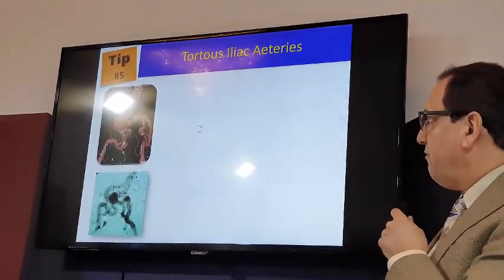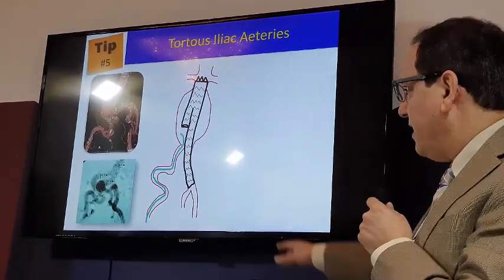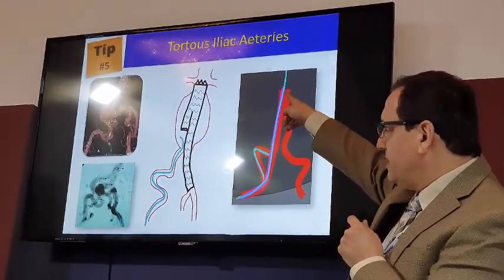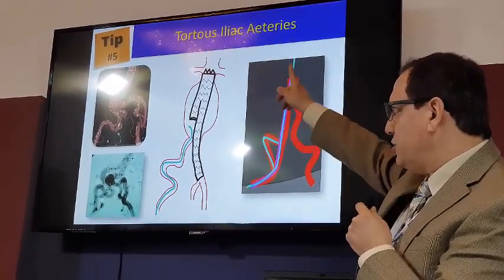What about tip number 5? What if you have a tortuous iliac artery? If you have a tortuous iliac artery, it becomes very hard to cannulate because of a lot of tortuosity. So the best way in this situation is to put a long sheath all the way inside the aortic sac. This way you can straighten your anatomy, and then it will be an easy shot to go and cannulate